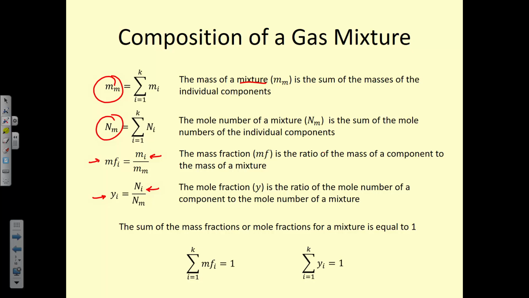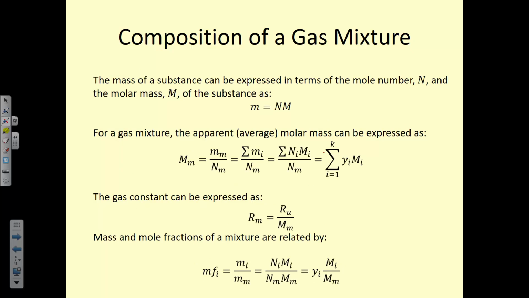So if you have a mixture of 27 fluids, guess how many times you have to calculate the mass fraction? 27 times, right? So if there's 4, you calculate it 4 times. If there's 2, you have 2 different ones. So depending upon the number of components to your system, this may be a very big and involved problem, or it might be a little bit smaller and easier. We're going to do some examples today that have 2 and 4 and a couple of different numbers.